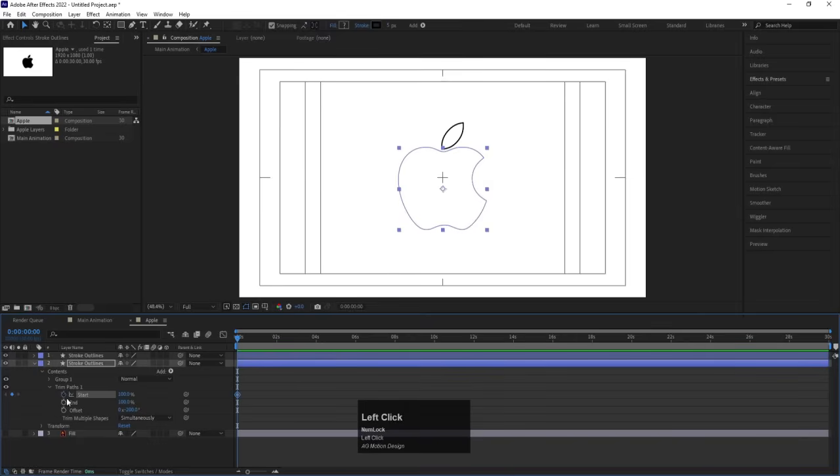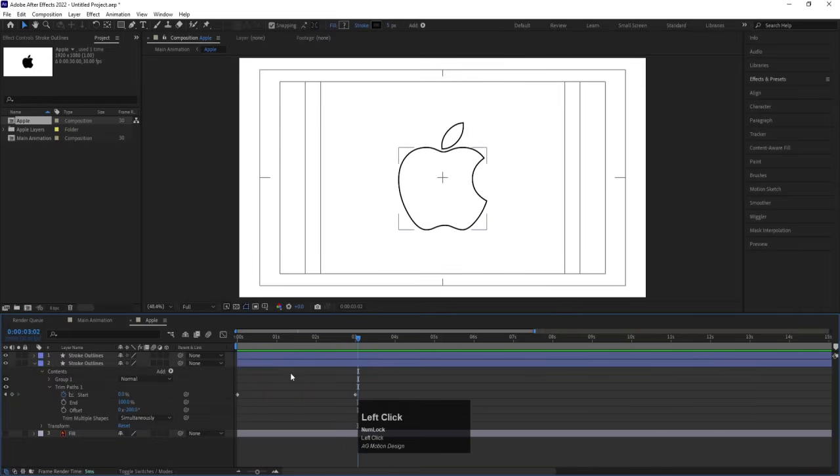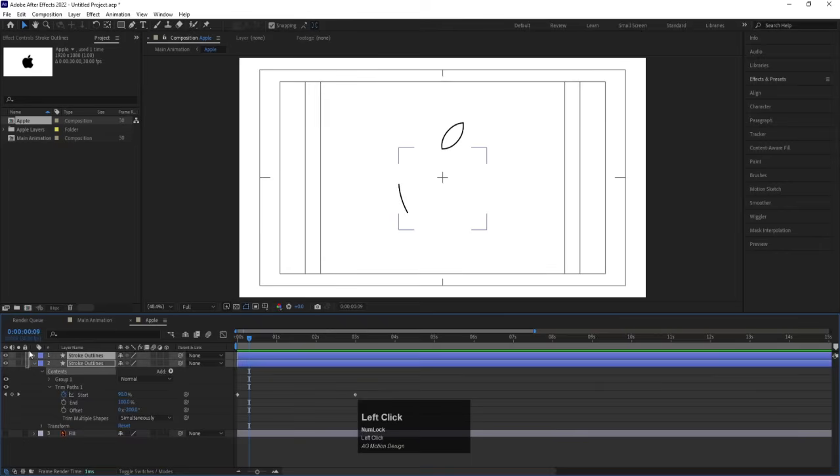So I'm going to create one keyframe at start. I'll go to around 3 seconds and I'm going to make this start value 0. So what will happen, I'm gonna get this kind of animation over here. Okay, so as you guys know, I see my animation is starting from here, so let's lock this layer